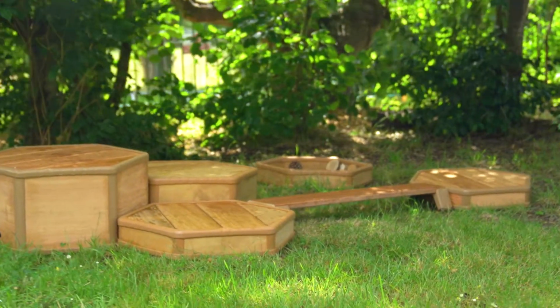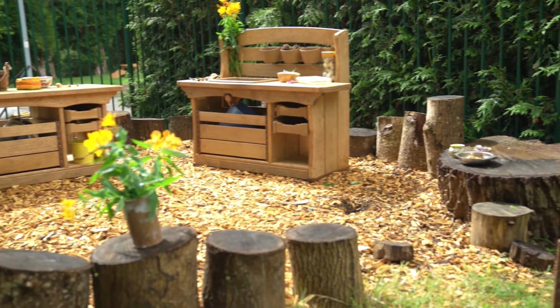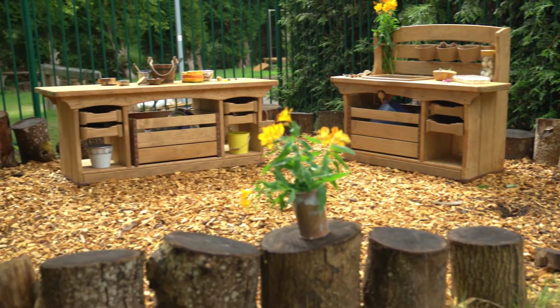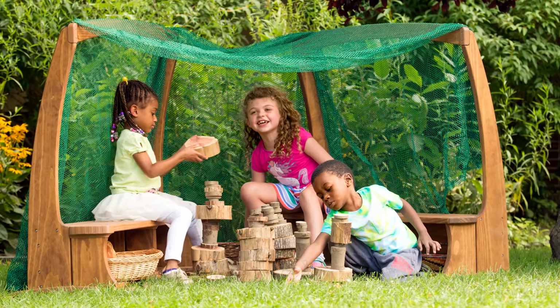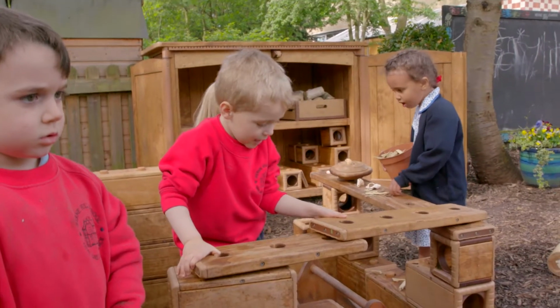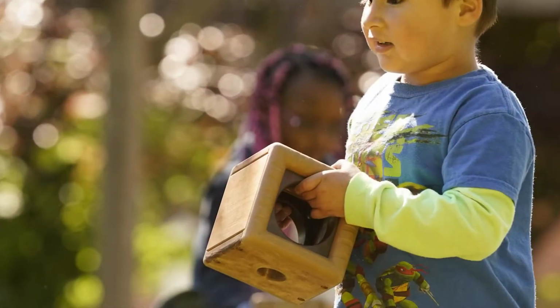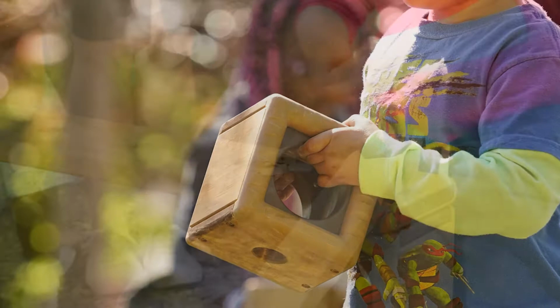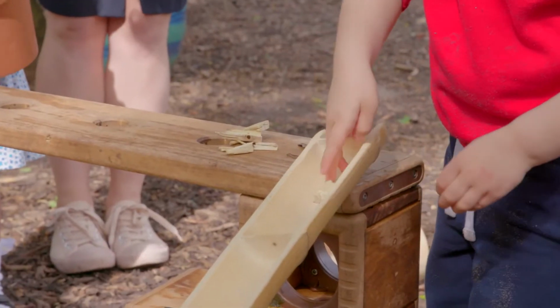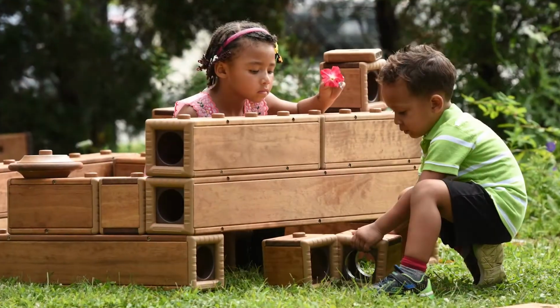Unlike fixed structures, your staff can easily move Outlast to create defined areas for focused play. They are open-ended and allow children to create their own worlds. Our Outlast blocks are child-friendly, with no sharp edges or toxins. Handholds make carrying easy. Loose parts encourage imagination, while interlocking blocks and planks make it possible to build on uneven